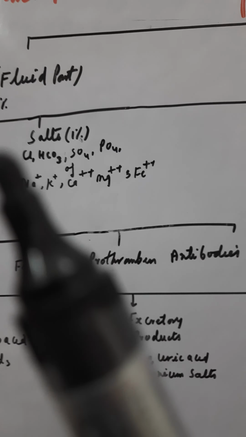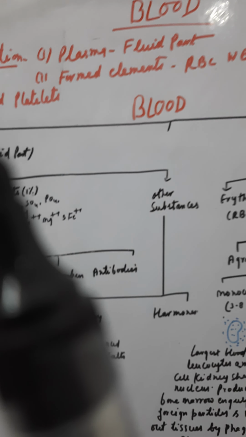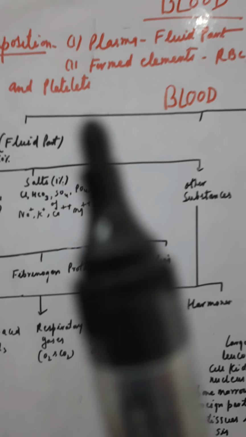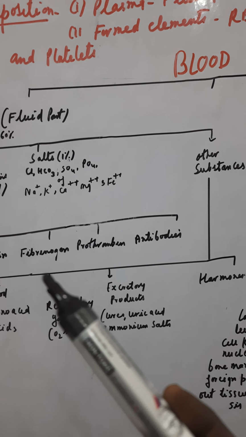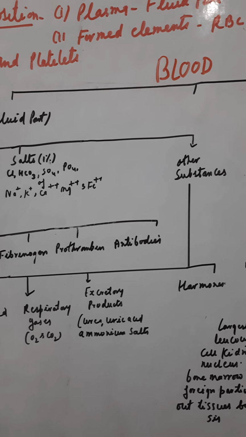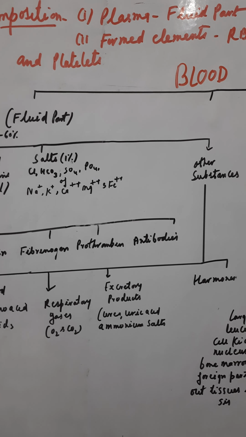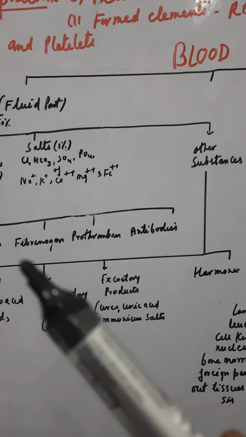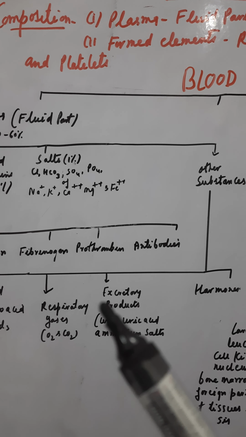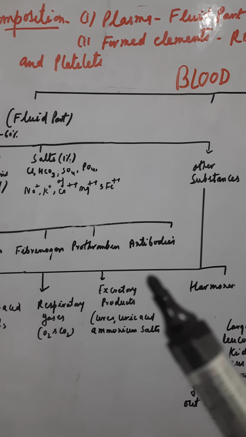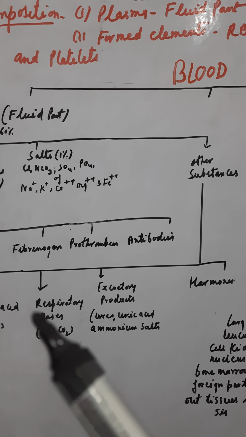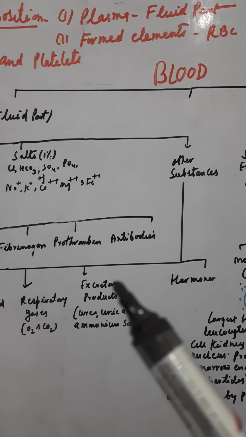Now children, you must be understanding this plasma and formed elements, as in earlier classes you have read about them, but there are some students who are unable to understand what actually these are. I am giving a very general example. Suppose that you have one glass of water, and in the water you are putting thermocol balls, a piece of thread and paper.